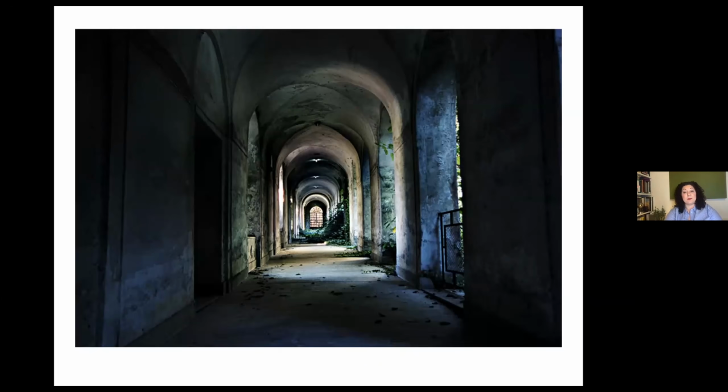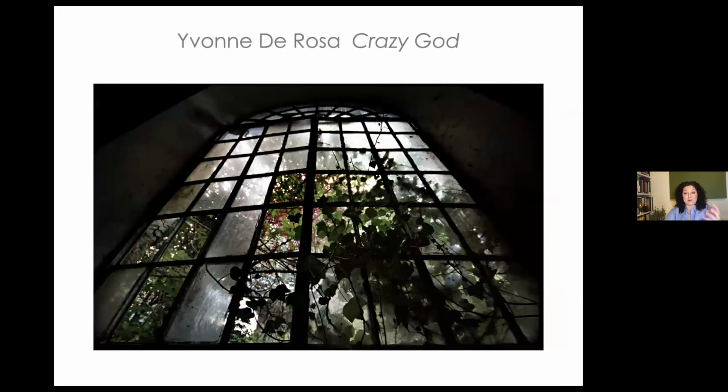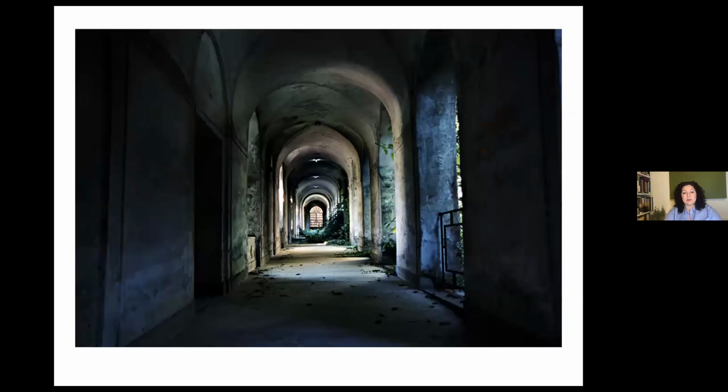And she actually asked permission to go in, was refused, and broke in and had about 3.5 hours to photograph a building, luckily that she knew very well, and to get as many pictures as she could of this to really capture what she was looking at, this incredible space, before the police came and arrested her. And shooed her away. And you can see here the different quality of the images. This is done from film, so it has a very different feel to it than some of the other digital images.